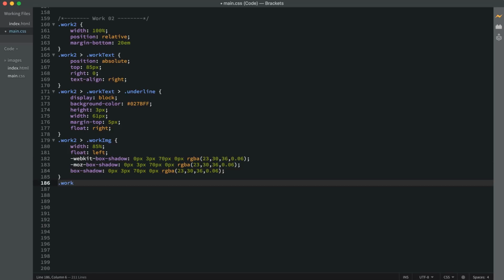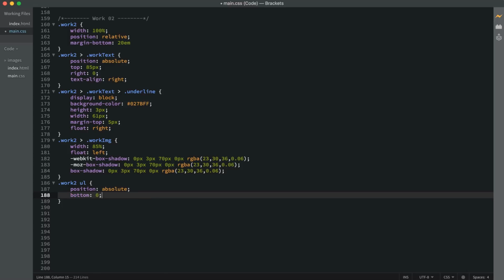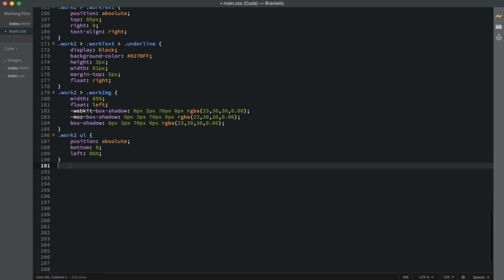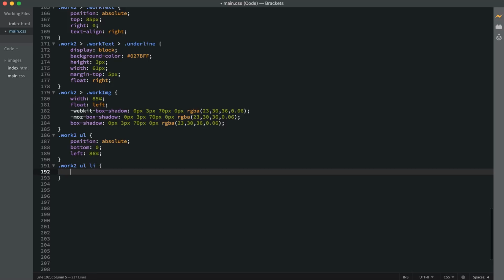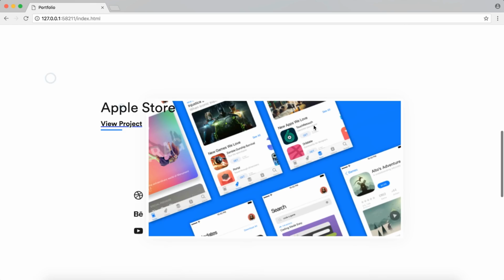After that, I'm going to set the work2 UL. So the unordered list is going to have a position of absolute, a bottom of 0, and a left of 86%. So that is now flipped. And then we're going to target the work2 UL LI, so the list items. And I'm going to set the margin to the top to 20 pixels. So with all of that done, now we have an exact copy of what we had before, but now flipped